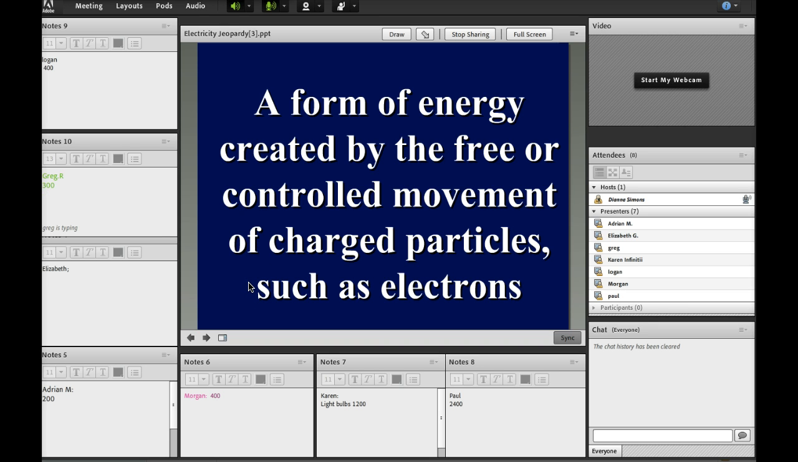Form of energy created by the free or controlled movement of charged particles such as electrons. What is that called? What is the stuff that goes around the current? Oh, volts. No, I almost said it. The stuff that you measure. V is equal to IR. What's the I stand for? Circuit. I. R is resistance. Oh, yeah. V is